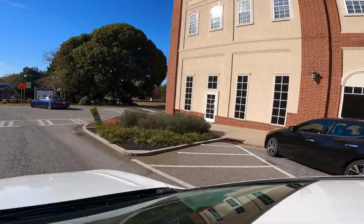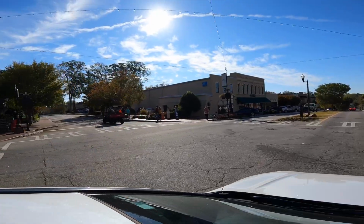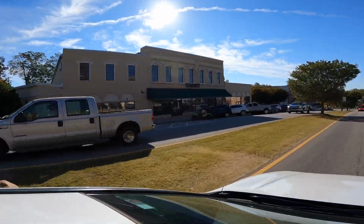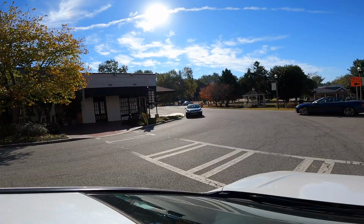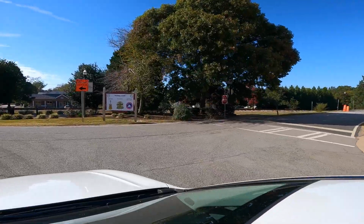And both restaurants have outside seating, which just got added probably last year. They expanded to outside, which in Georgia was a very smart thing to do. And it's wonderful to sit outside and eat a lot of the time of the year. So as we come down to the end of Main Street, I'm going to take a left, but y'all